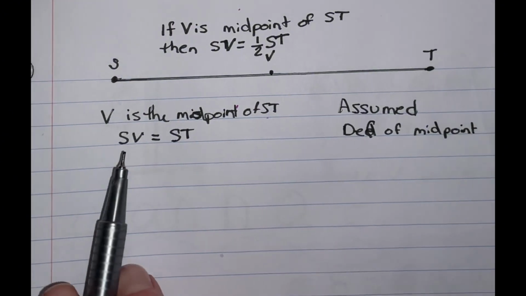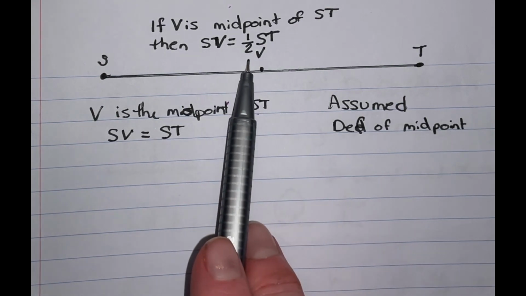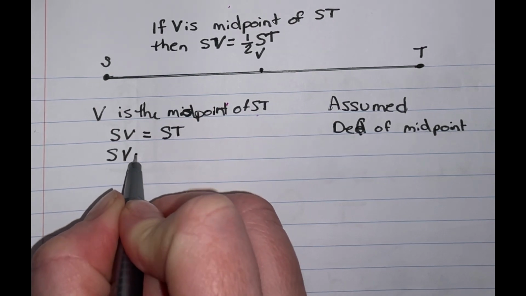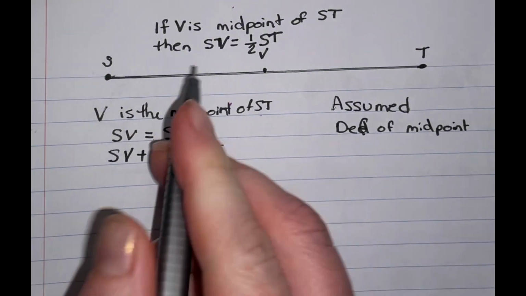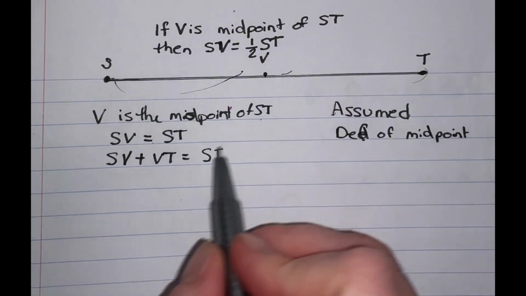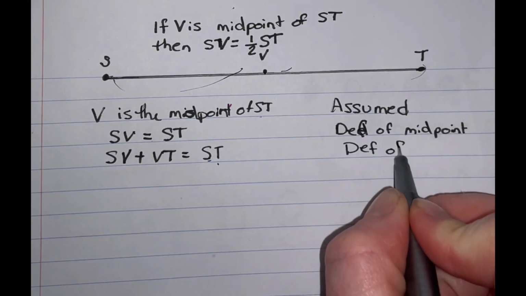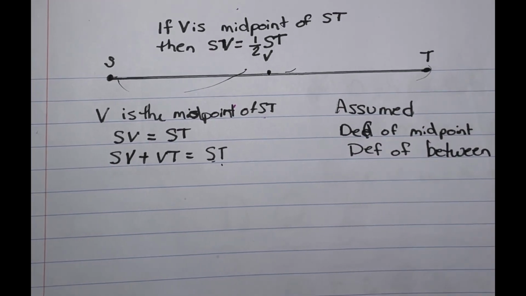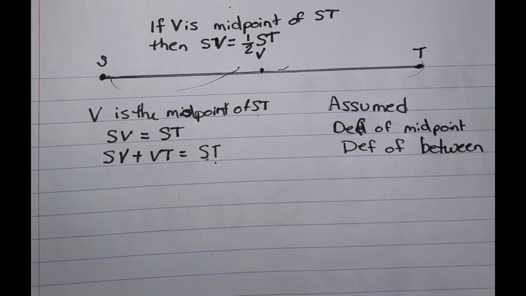All right, so we know that SV equals half of ST, definition of midpoint. So now we're getting closer to figuring this out. And so then we also know that SV plus VT is going to equal ST. We know that this plus this equals that. And that is the definition of between. So you may want to look on your examples to help you with some of these definitions. All right, so the next one would be that